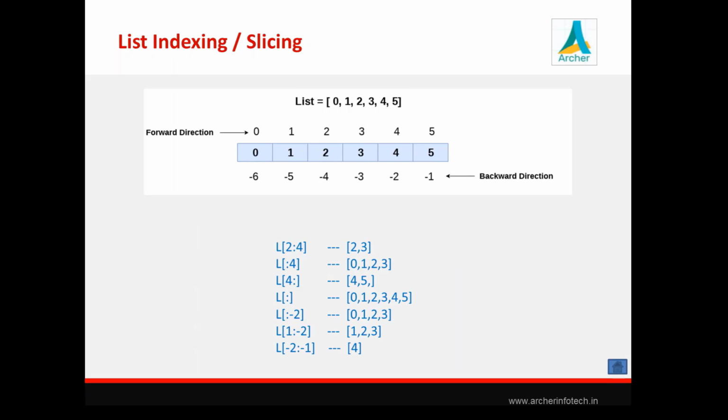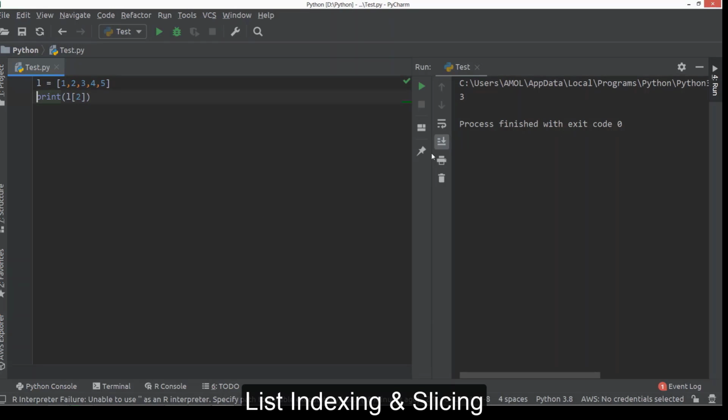Now see here, indexing and slicing, these operations are the same as in a string. In case of indexing, it always starts from 0, and in the forward direction it goes like 0, 1, 2, 3, 4, 5. Now in Python, we have the option to provide a negative index also. The last element is at index -1, and in the backward direction it goes like -1, -2, likewise. We can access a range of elements by using the slicing operator and providing the starting value and ending value of the range. The default starting value is always 0. The default ending value is always the index of the last element. Okay, so all these things are just like string. We'll just see it one by one in case of list.